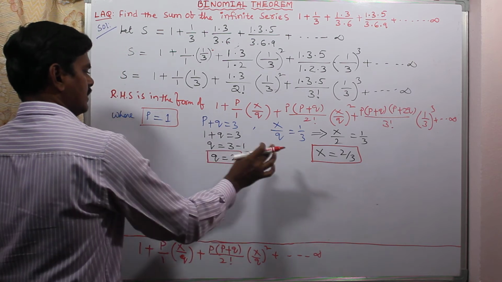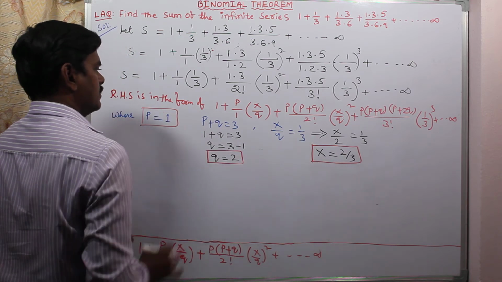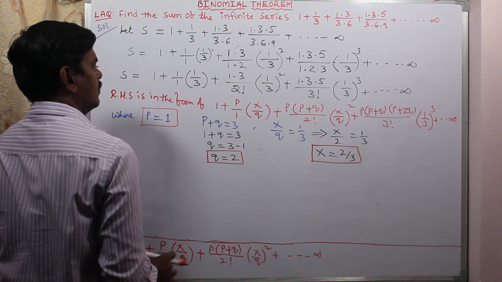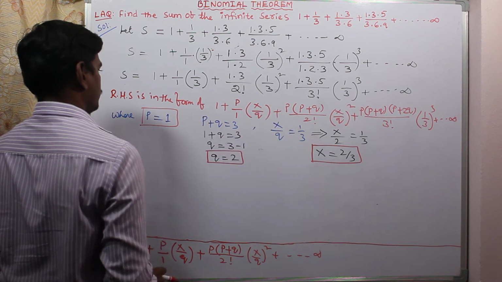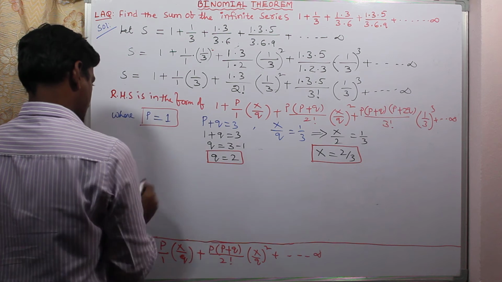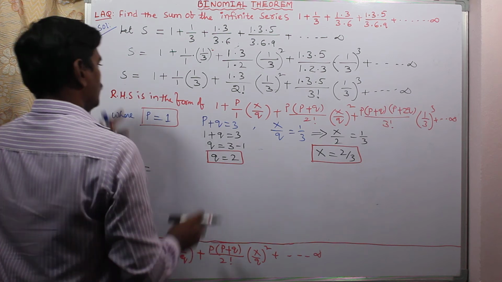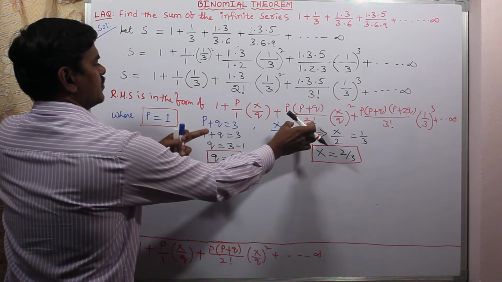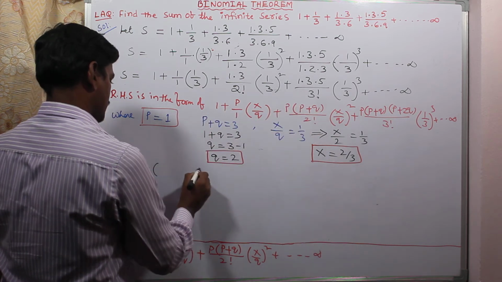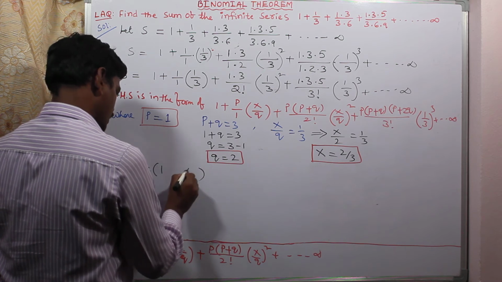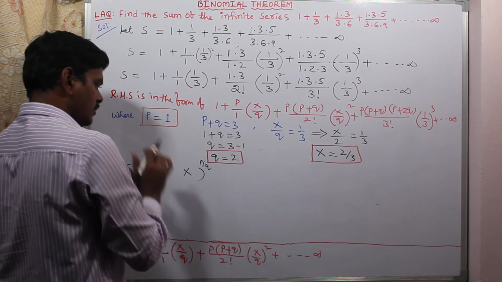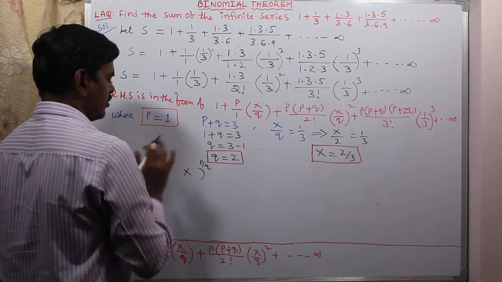So after getting p, q, x, now we have to recall its formula. So you have to remember. So for that once again you write s is equals to, so this one is in the form of this one. So whose formula it is we have to search for. For that, no need to verify the formula, just write like this: 1 x p by q. Now if you decide the symbol, the formula will be finished.